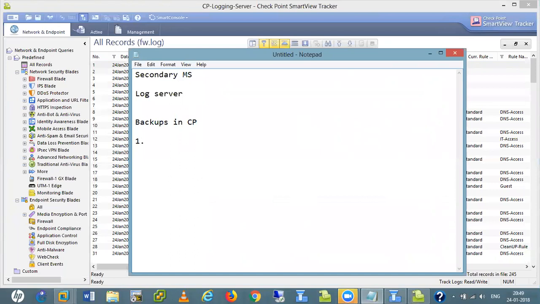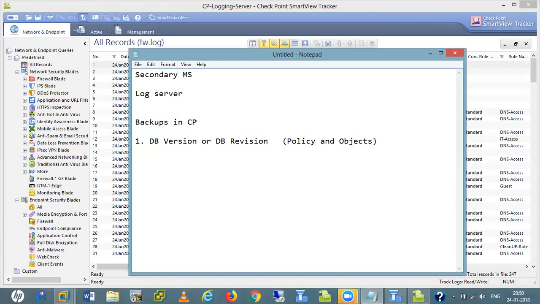One backup is called database version, or database revision. This database basically includes policy and objects.